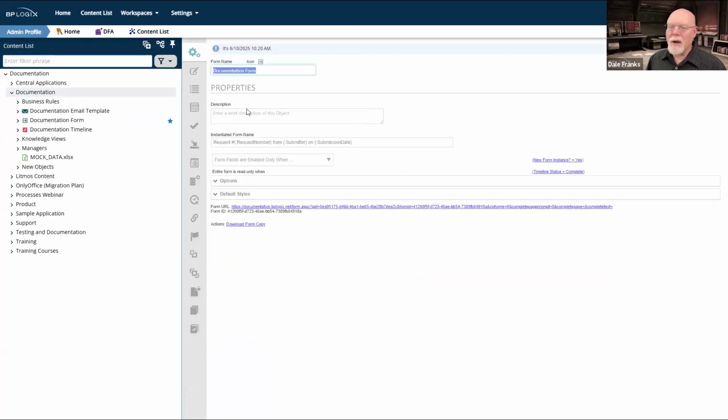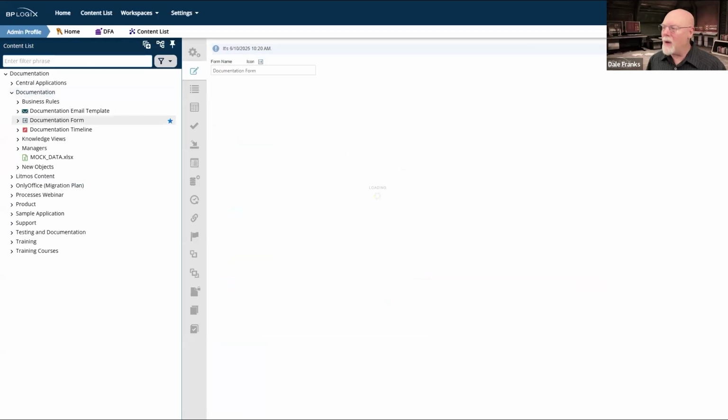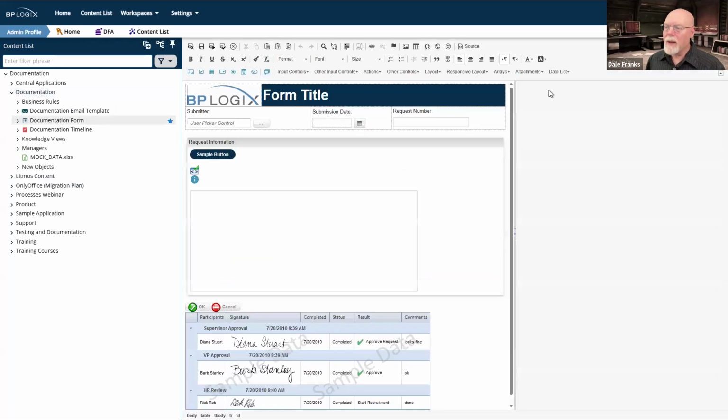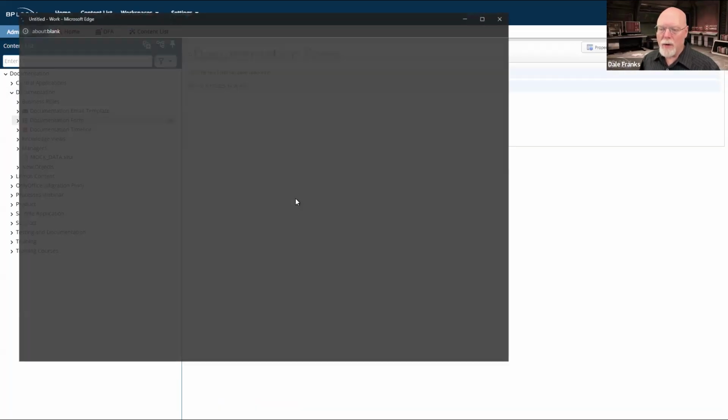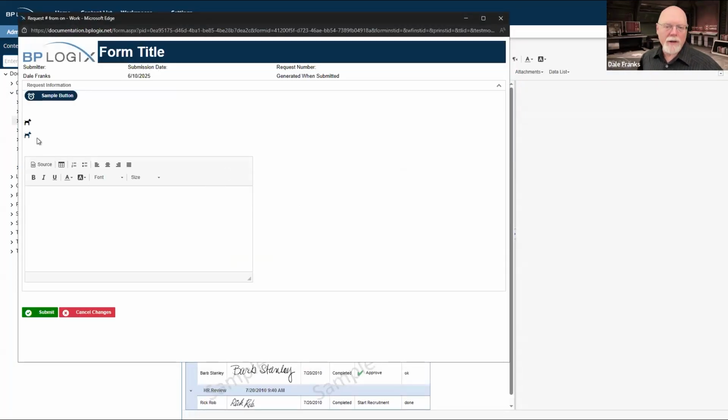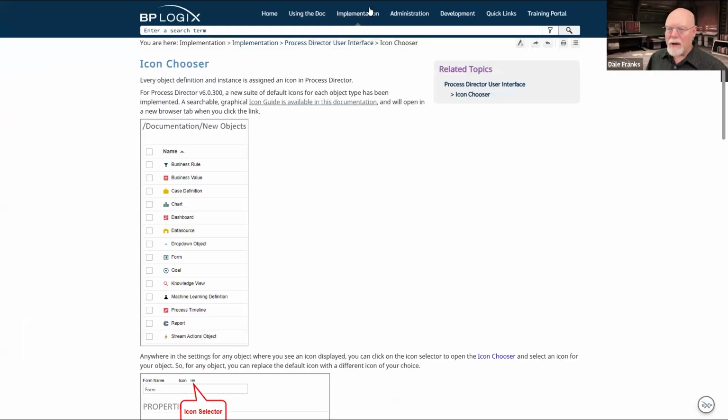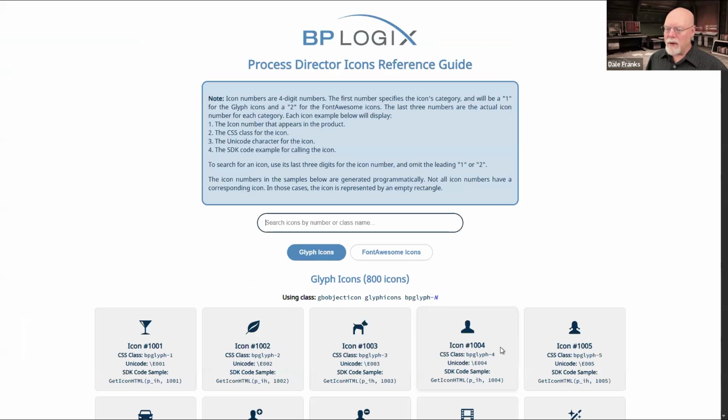And we're just going to go into the design, and we're going to also run it. So let me save and run this form and give it a second for this form to run and load, and we'll take a look at it. So there are two icons here, both of which are puppy dogs. They're both invoked in a different way, and we'll talk about those invocations as we go back to the icon chooser and talk about what I've done here to display it.